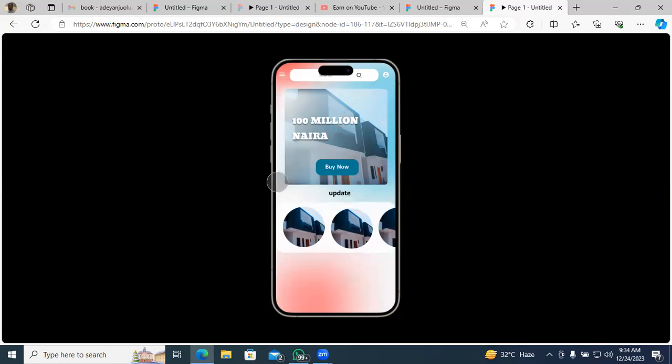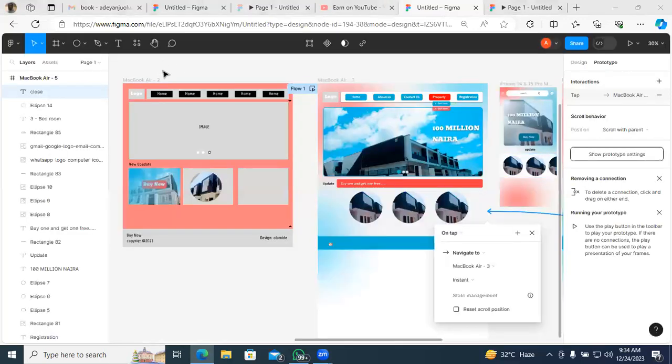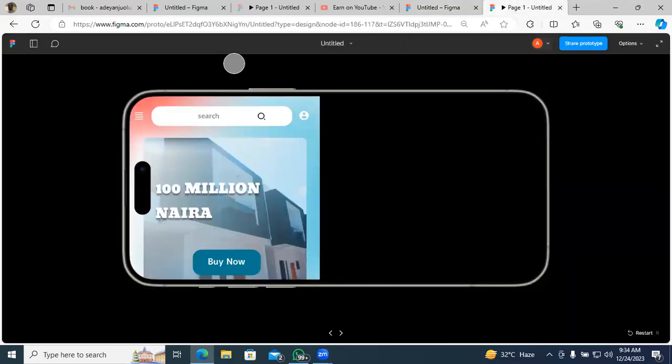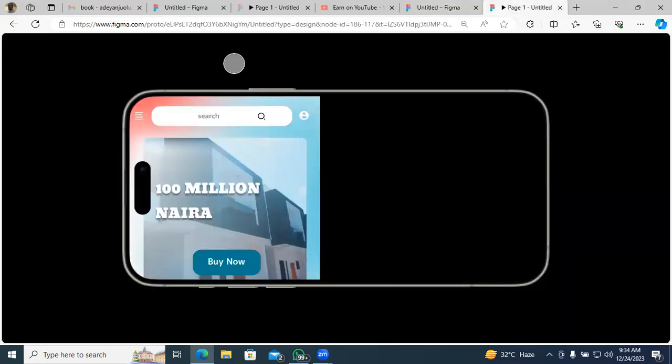I don't want to redesign it. That was the problem: the layer that was chosen before was on mobile. Let me check. It's on mobile, so that's why. Let me do the type on this. Why am I getting this thing?